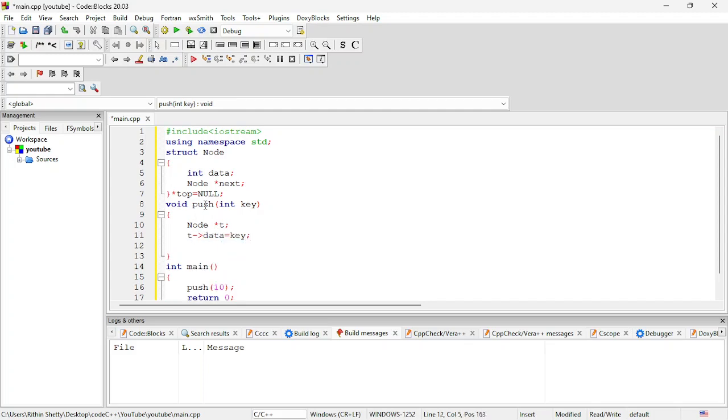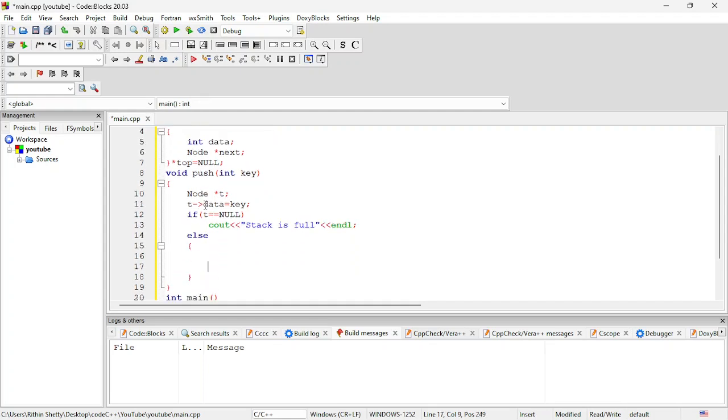Then if T is equal to null, that means you couldn't create a node itself. Then you print this statement, "stack is full". Now else, if you are able to create it,